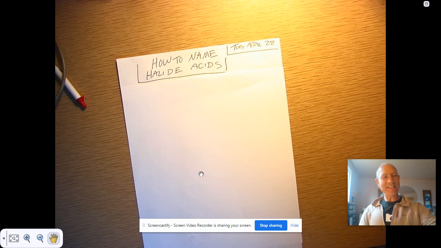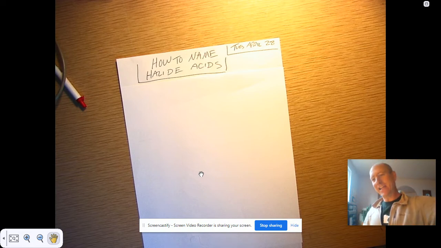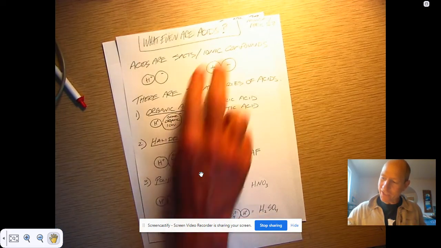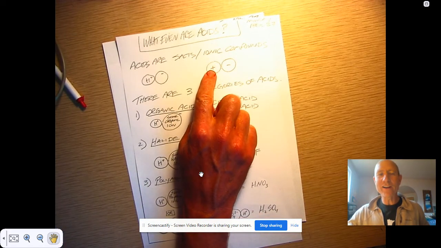So, last time we looked at three different kinds of acids, and we said what made them acids is that they're salts where the